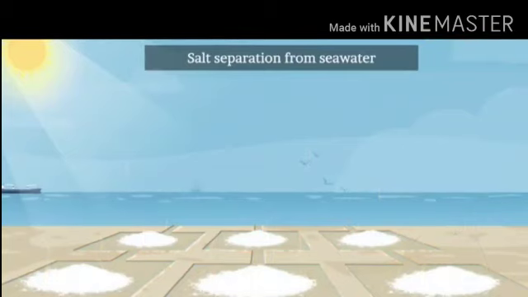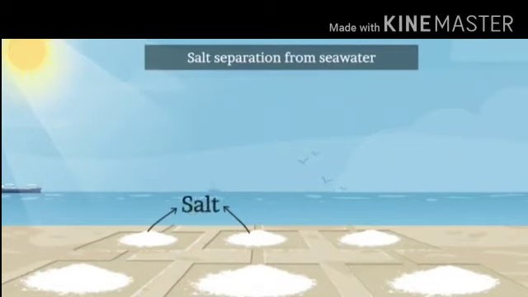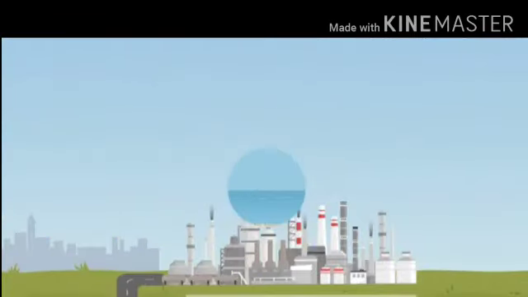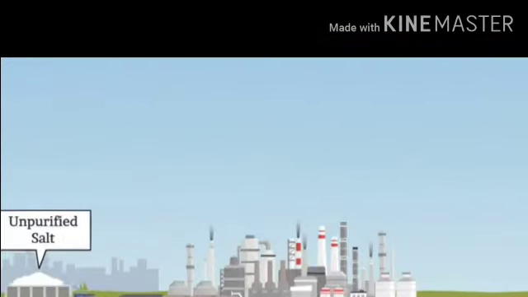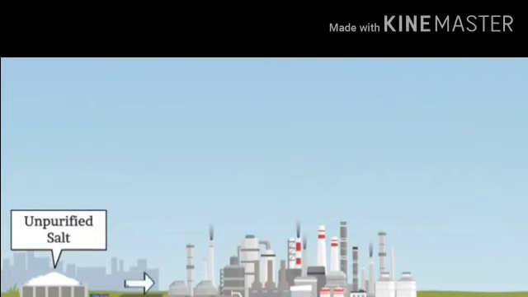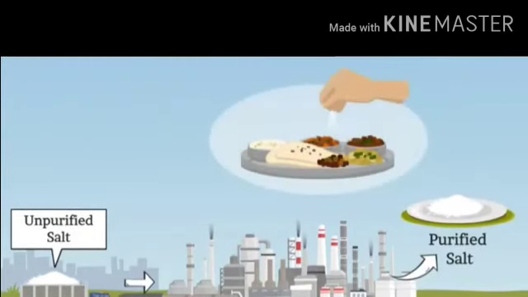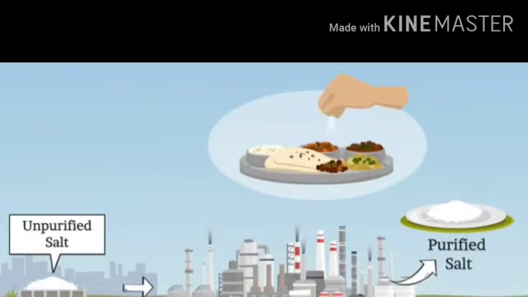The evaporation process is also used in industries to purify the salt, as the salt that we get from the sea contains many impurities. So we need to separate those impurities from the salt. For this, in large industries, again salt is dissolved in solvent and then the solvent gets evaporated.